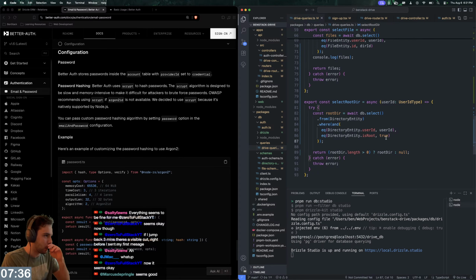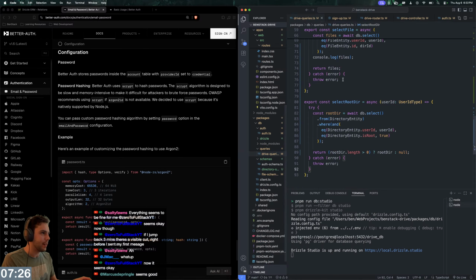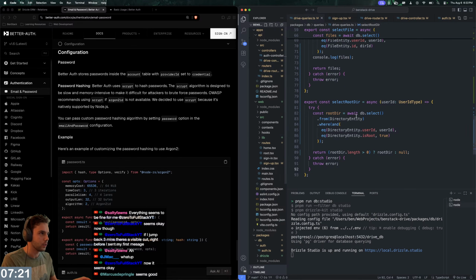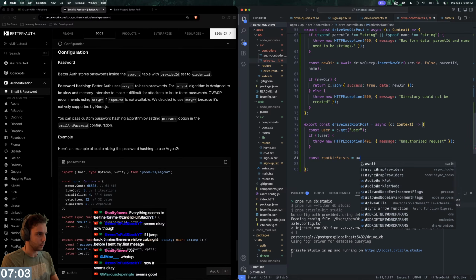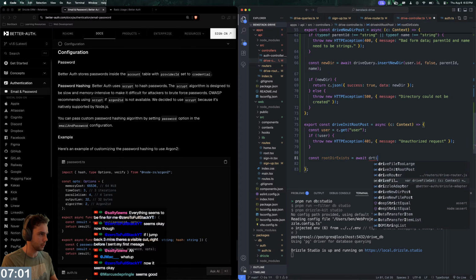Okay, so we have this, which now will get our root directory, right? Assuming that it exists. Otherwise, it'll return null if it doesn't, right? So that's good. So we have our select root dir, which we're going to need to take back inside of our drive controller here for our middleware. So what we're going to need to say is const is root dir, or root dir exists. And then we're going to do await drive query